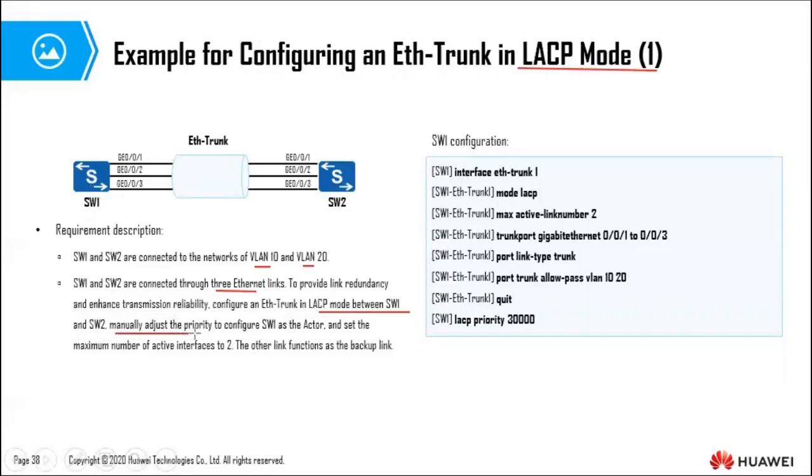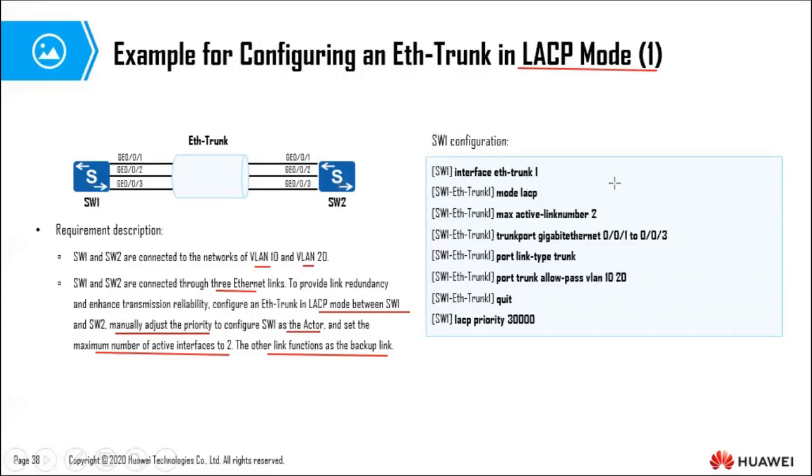Then we manually adjust priority to make SW1, switch 1, the actor. Then set the maximum number of active interfaces to 2. So the other links will function as a link backup. So that is the requirement for this particular